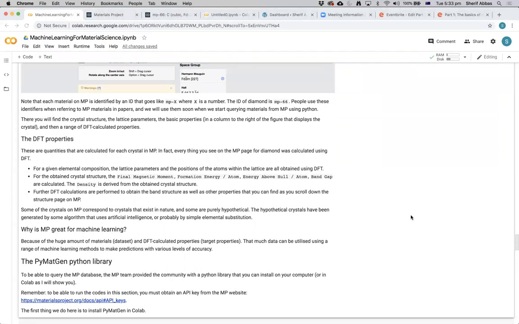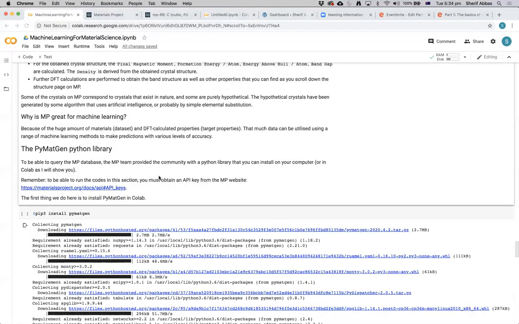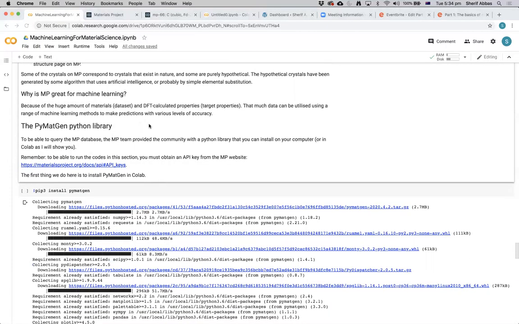Okay, so Tanweer, it's predicted by DFT, and some of them are close to experiment, some are not close to experiment. As you know, DFT has issues with band gap prediction and some other properties. No worries. Okay, now to be able to access and to obtain data from Materials Project,